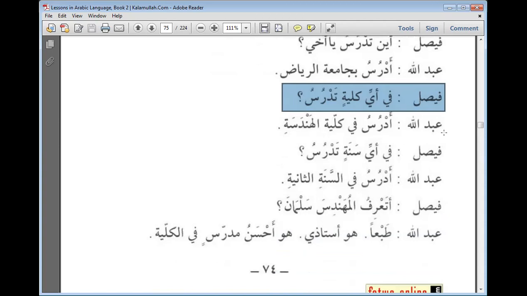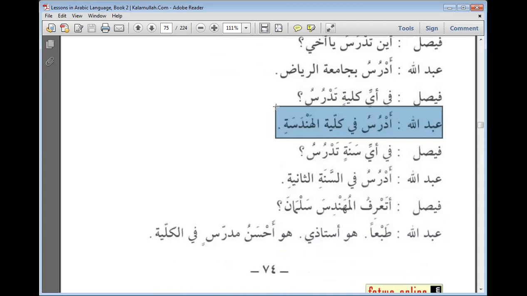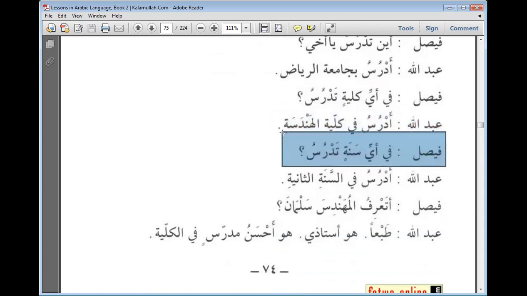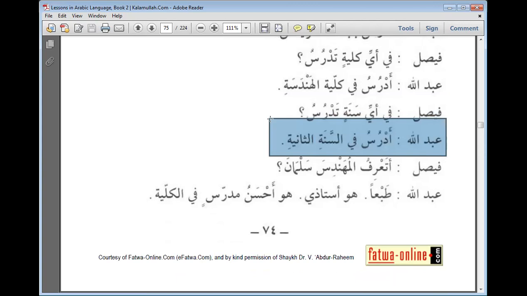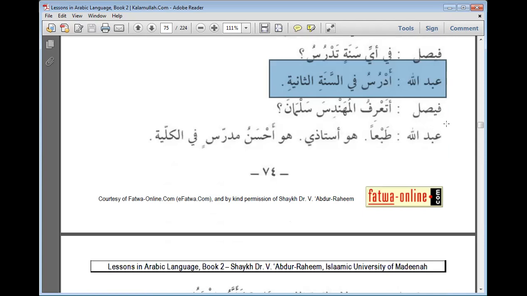Then Abdullah is saying here, Adrusu fi kulliyatil handasati. I study in the engineering faculty, or faculty of engineering. Okay. Faisal asks again, fi ayyi sanatin tadrusu. In what year do you study? Again, masculine singular, speaking to Abdullah. Abdullah replies, Adrusu fi sanati thaniyati. I am in second year. Faisal asks again,